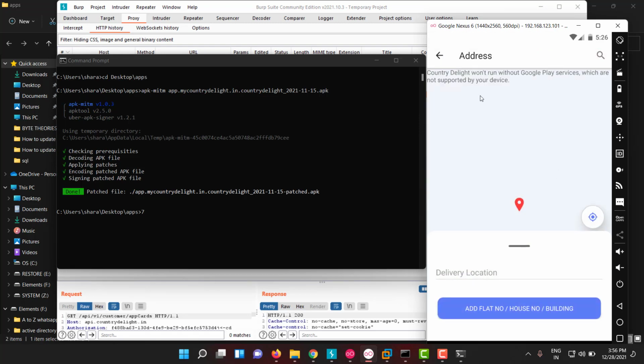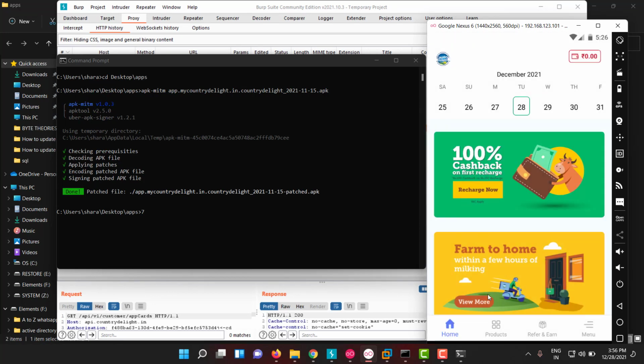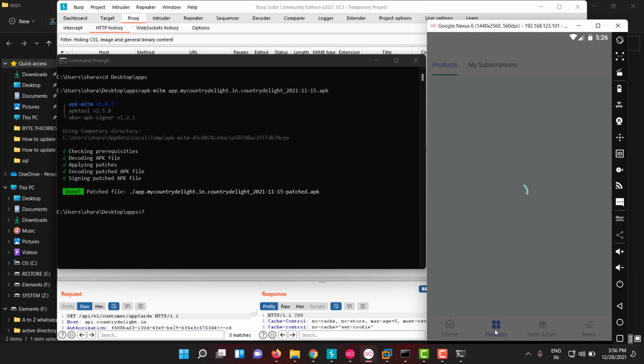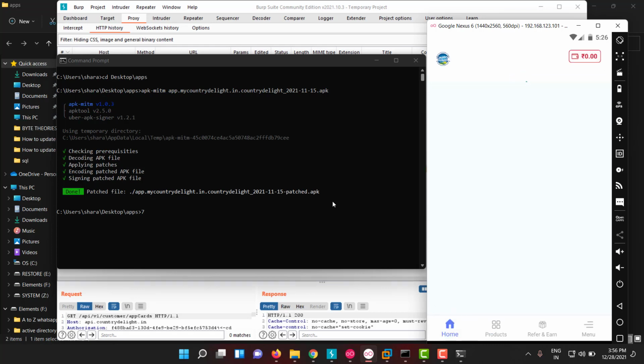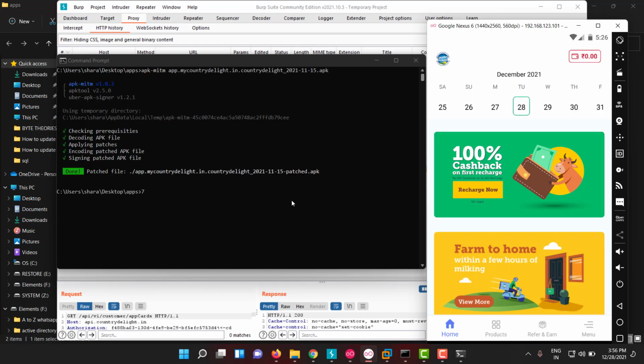In the script we ran earlier, some of the graphical things were not visible for us, right? But here, we can see all those things with this patched APK. Even the images are loading properly. So this is also one of the great tools. You can use it, but it takes a little bit of time to unpack and patch. So have some patience and you can bypass SSL pinning very easily, right?